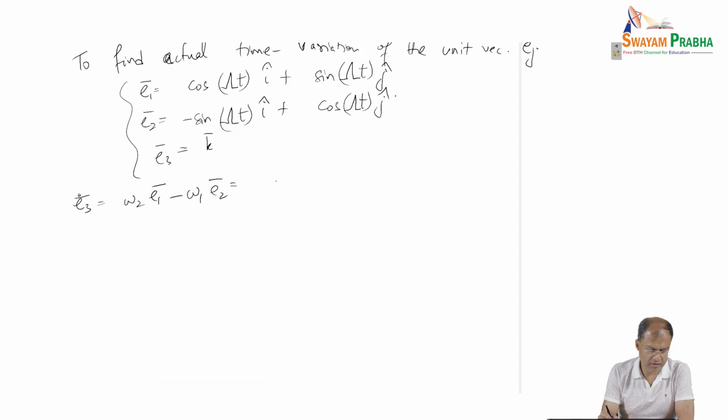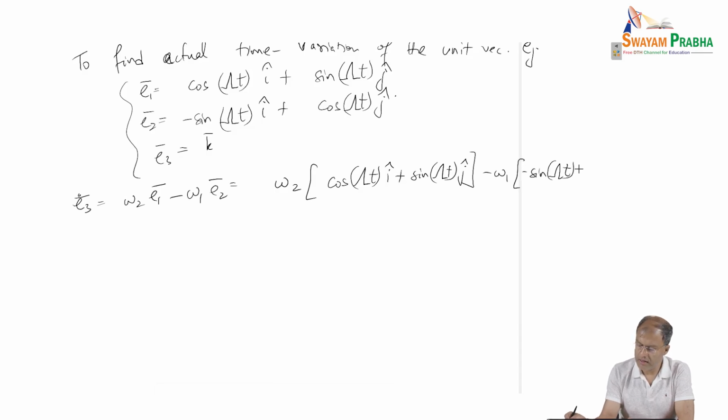If we plug this in, we get omega 2 times cos of lambda t i plus sine of lambda t j, minus omega 1 times minus sine of lambda t i plus cos of lambda t j, and we see that if we substitute my omega 1 and omega 2,